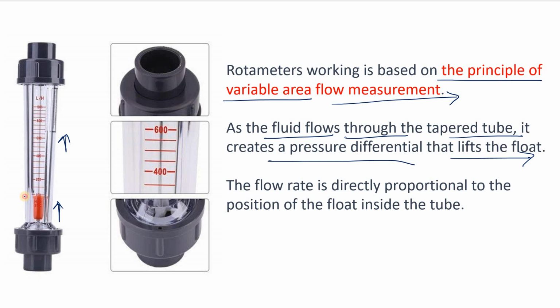See, there is your float. This is your inlet pipe and this is your outlet pipeline, and this is connected with a flange, for example, right? Now as the liquid enters from here, it will push this float, and for example this liquid will have some density and this float will have some density. Now as it lifts, it will apply some pressure on this float.